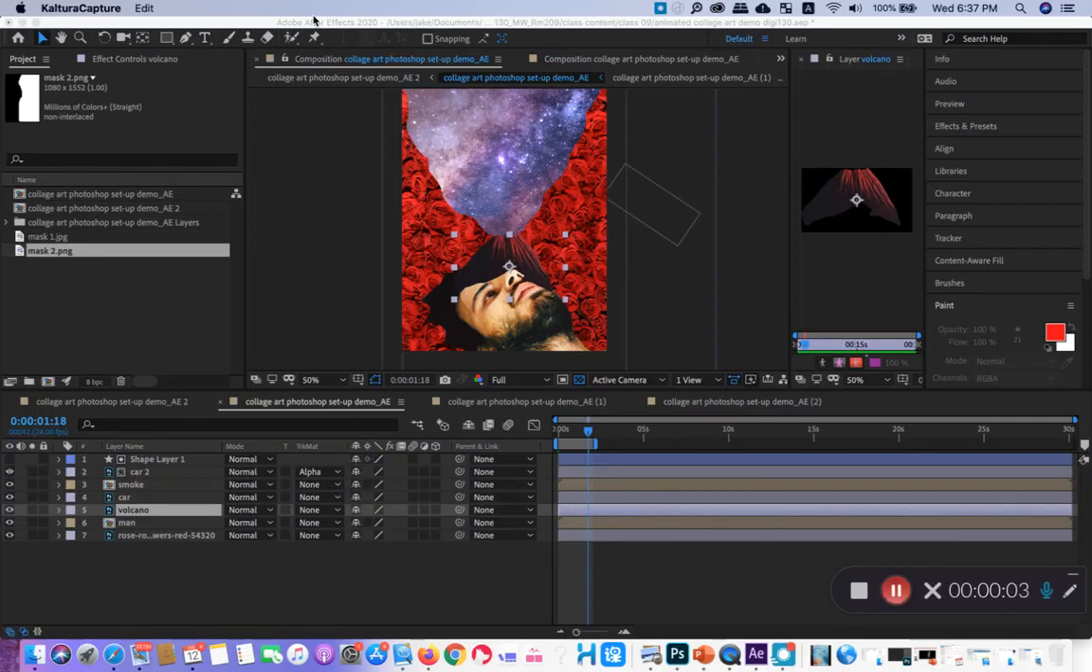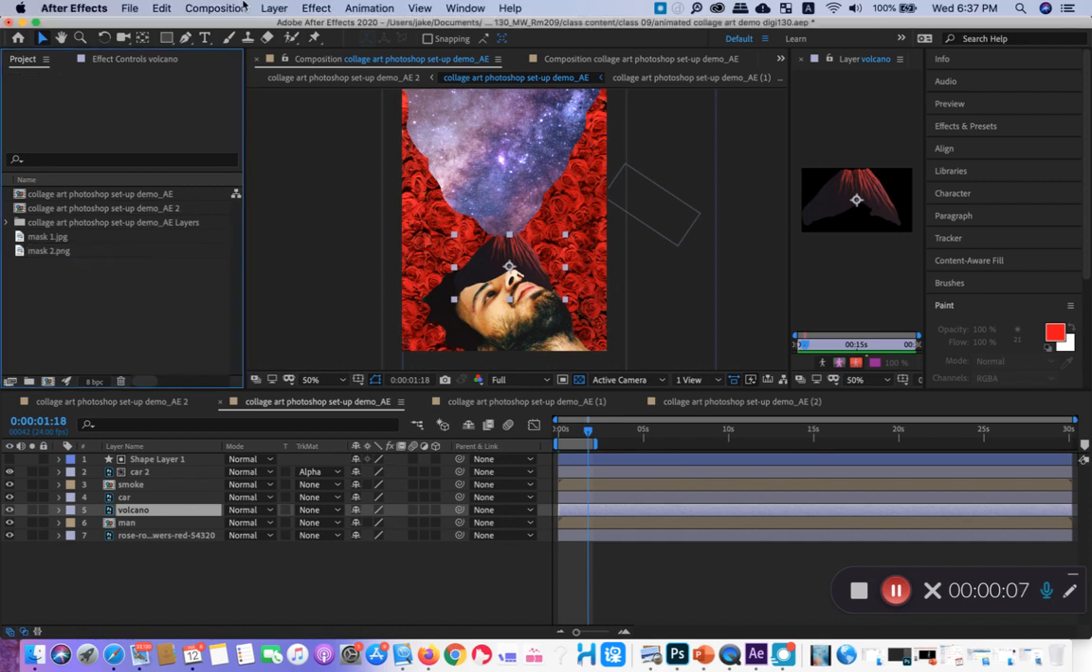This is going to be a pretty short demonstration. Some of you ask, what if after I finish my Photoshop file, I really want to add something into the After Effects project? Should I redo everything? Because I mentioned that after you import the PSD file into After Effects, you shouldn't add layers